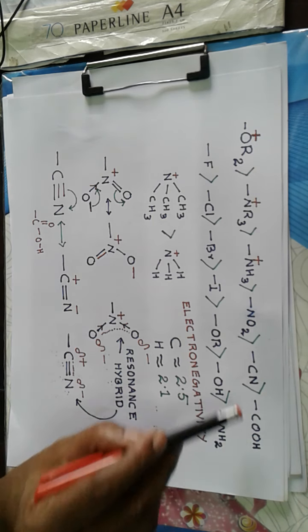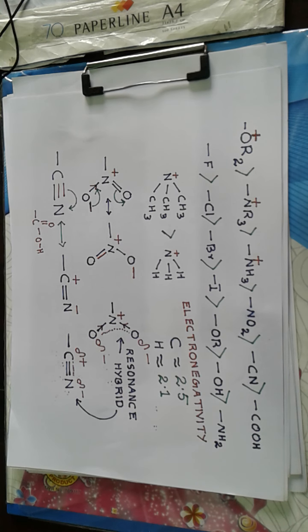And when we come to the cyano group and the carboxylic acid group, the carbon atom which is directly bonded to the carbon chain, in the cyano group, is a triply unsaturated carbon, which is more electronegative than the carbon in the COOH group, which is doubly unsaturated, or the carbon atom is connected to oxygen by means of a double bond. So carbon connected to a triple bond is more electronegative than carbon connected to a double bond. So that is the reason for the higher electron withdrawing character of the cyano group over the carboxylic acid group.